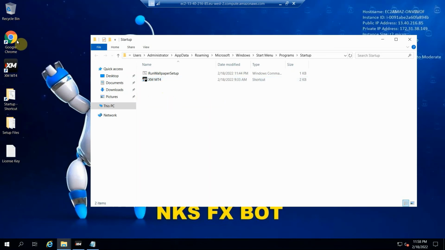Another thing is Google Chrome has been installed. So if you are managing multiple accounts, I prefer you log in to your MT4 program using this browser. So what you need to do is double click this,